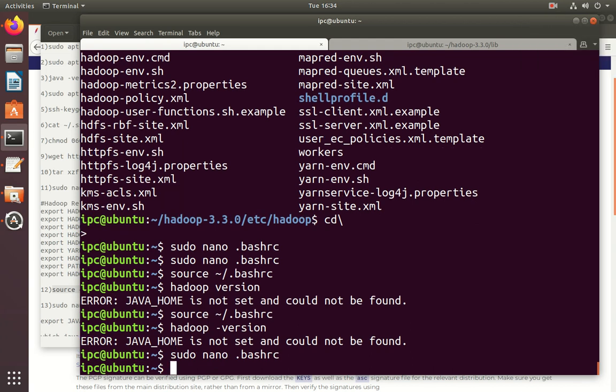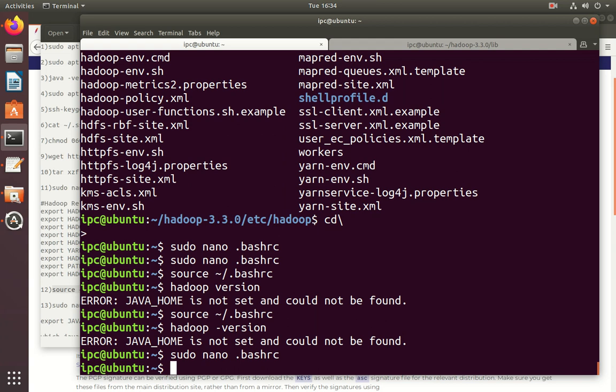Before verifying the Hadoop version, we need to configure one more file. Let us configure that file. That is the Hadoop environment file, hadoop-env.sh. It serves as a master file to configure the YARN, HDFS, MapReduce, and Hadoop related project settings.